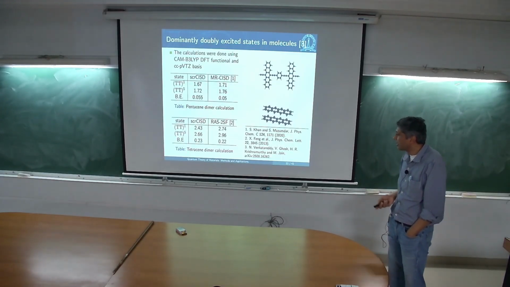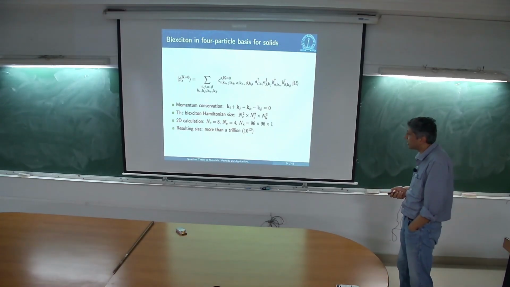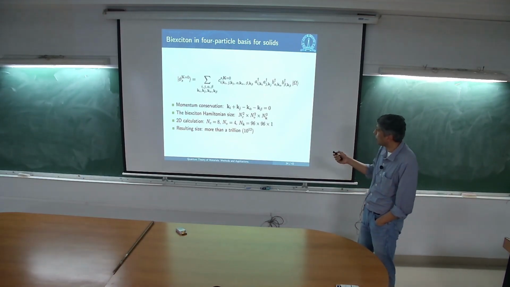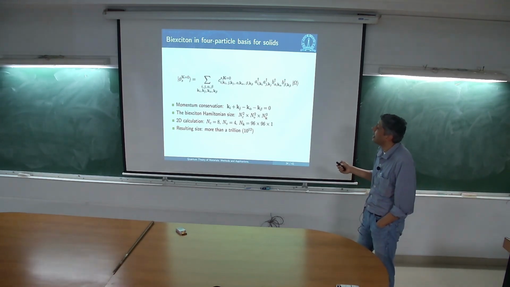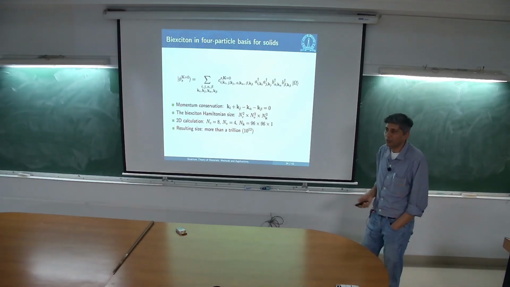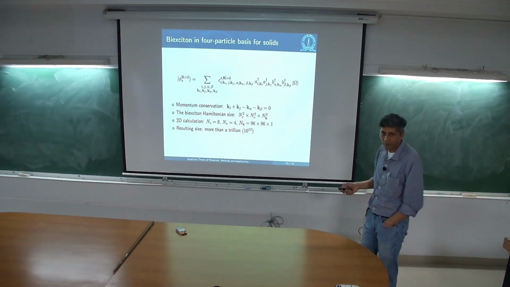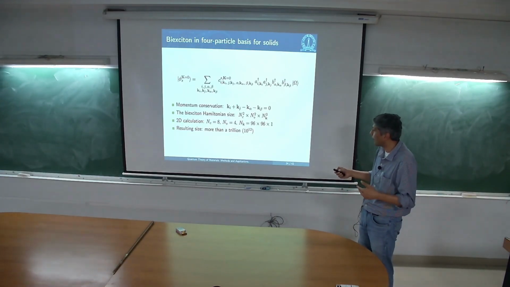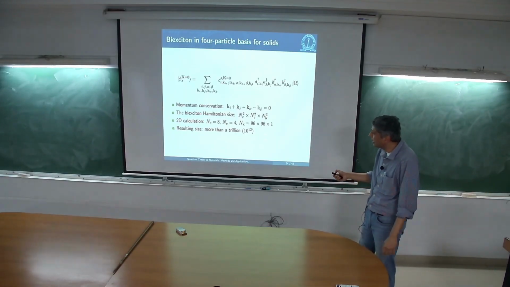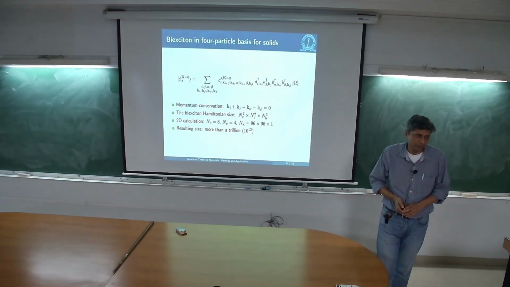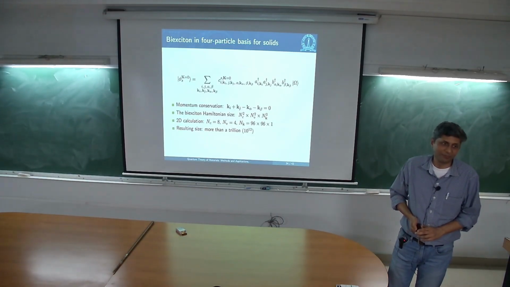But what we really want to do is this for solids. And then you start doing a count, and you realize this is an impossible task, because I have 4 momenta, 2 electron and 2 hole momenta. I will say, okay, look, this is light, I will put a conservation on the momenta. But even so, my biexcitonic Hamiltonian has to be nc squared nv squared nk cubed, where nc is the number of conduction states that I'm including, nv is the number of valence states, nk is the number of k points that I'm sampling in the Brillouin zone. This Hamiltonian will be a trillion by trillion, right? I don't know about you, but I can't diagonalize a Hamiltonian which is trillion by trillion, right?